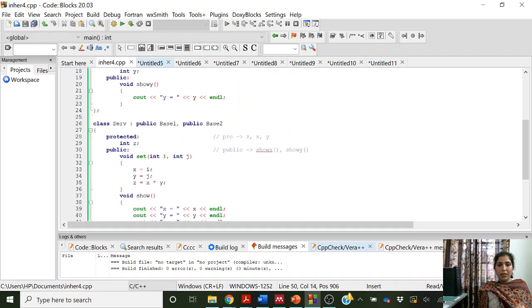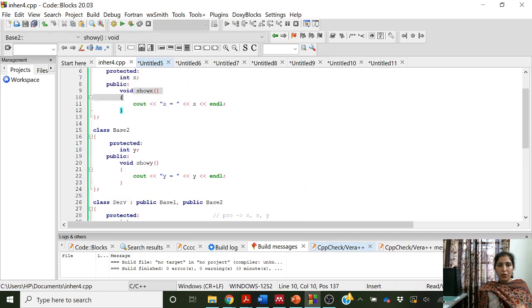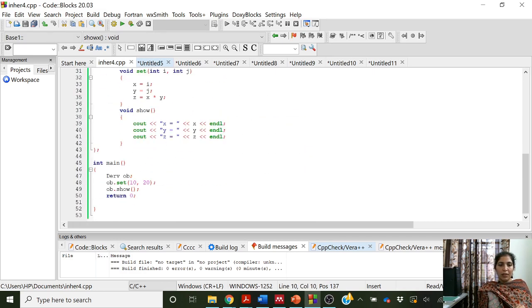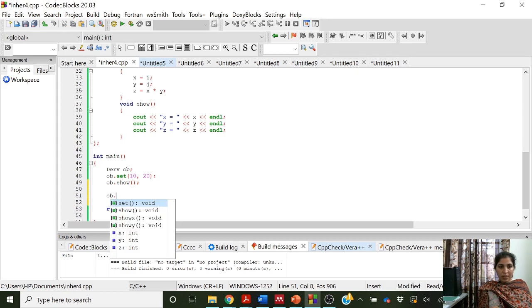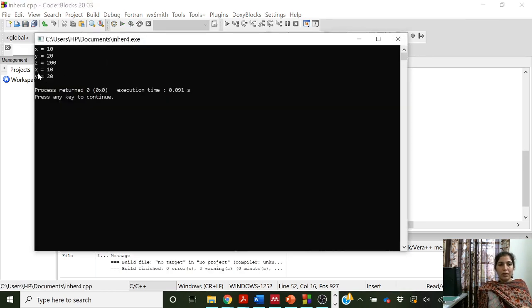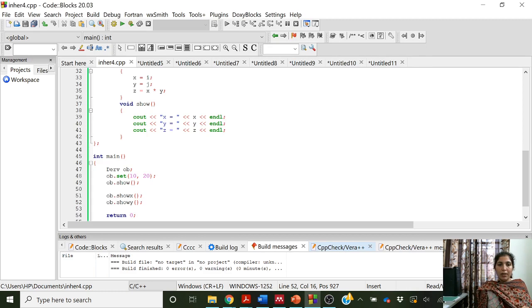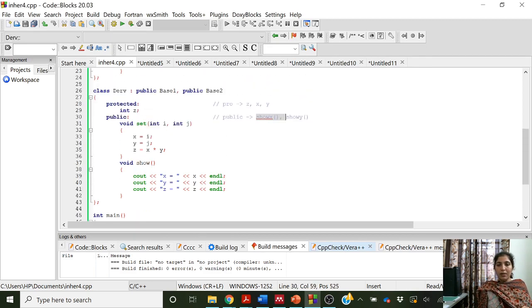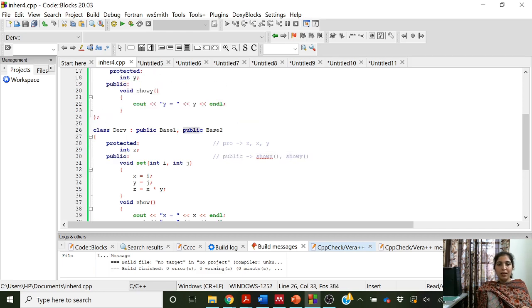And we also have these show y and show x member functions. Are we able to access them? Let us try to access them and run ob dot show x, ob dot show y. So show x is giving us x equal to 10 and show y is giving us y equal to 20. They are accessible because they are the public members of the derived class, because we inherited base 1 and